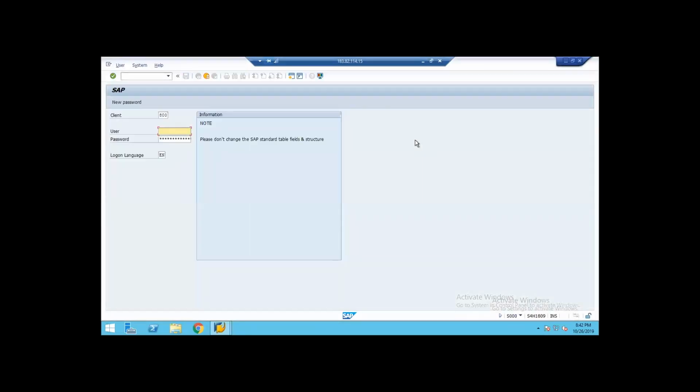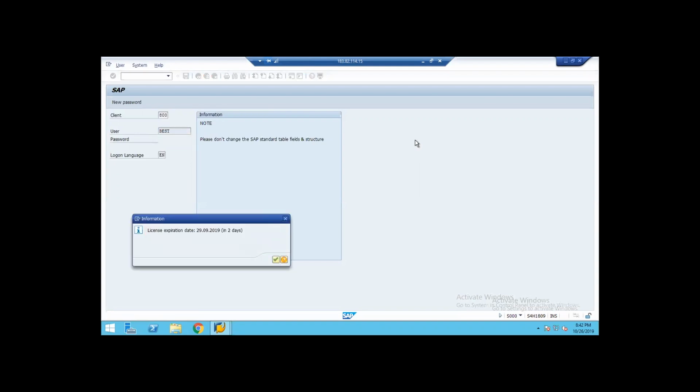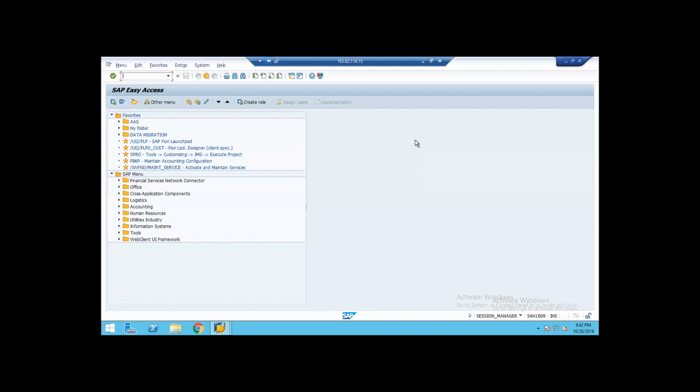Okay, so yesterday we have seen apportionment. In the apportionment, we have two approaches basically. One is the manual approach, the other one is the automatic approach. In the manual approach, what happens is we'll post a transaction in finance, and from there, while posting the transaction,